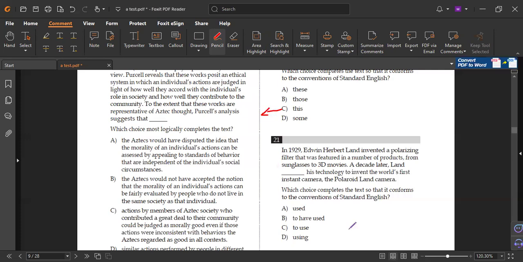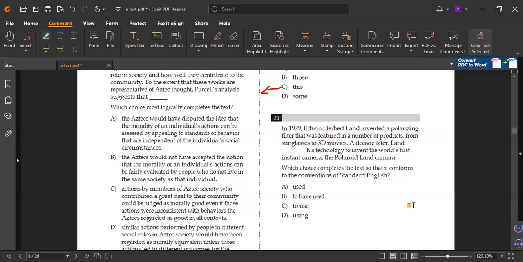Because over here it's a sentence. Let me help you. You have studied in grammar in grade 8 sentence and sentence fragment. So to use a full stop like that, this part must be a sentence, not a fragment. A fragment means it lacks a subject, it lacks a verb, it lacks a complete thought. So if I said Land, and Land here refers to the person, not land as earth, it's a capital letter, proper noun. So Land is the subject. Land did what?